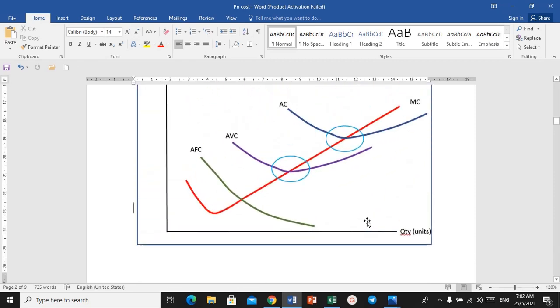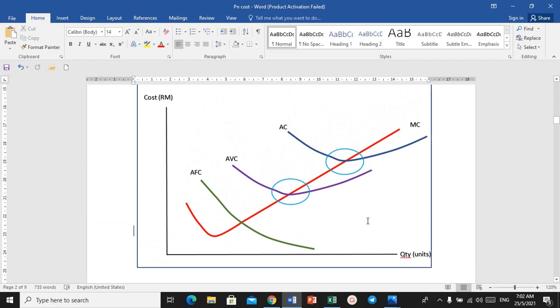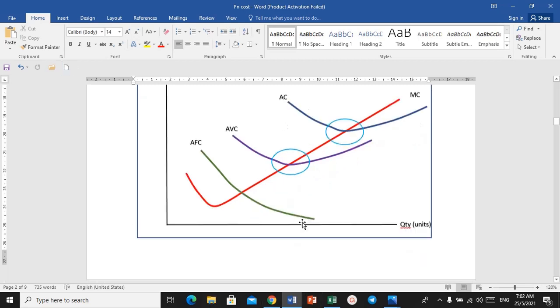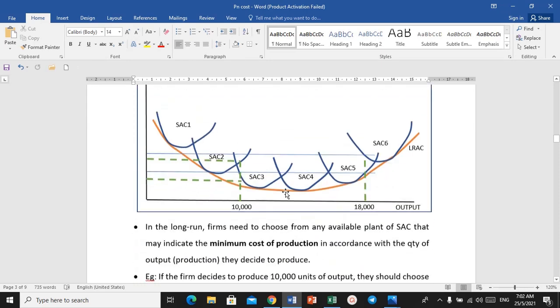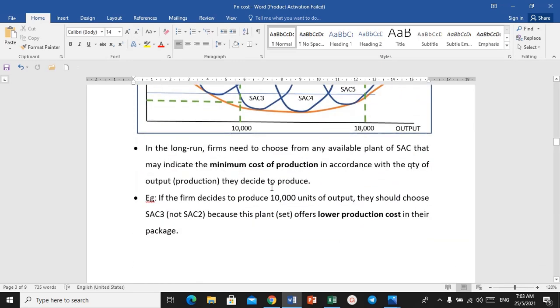I hope you can come up with your own graph, and I'm going to pick any three of you to show your answer in our next class. We are going to use the graphs of your friends as our discussion in our next class. So this is going to be the next part we will cover.